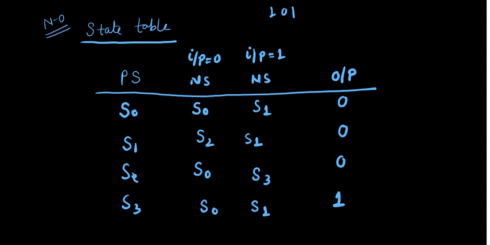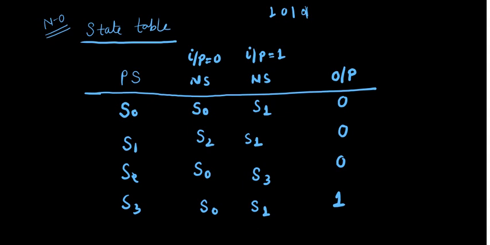We are in S3. If 0 arrives, we move towards S0. And if 1 arrives, we move towards S1. So yes, the state table is right. So this is the state table. Next, we have to assign some binary code to each state. Correct? I told you that there can be various assignments possible, but one simple assignment. First you have to also check